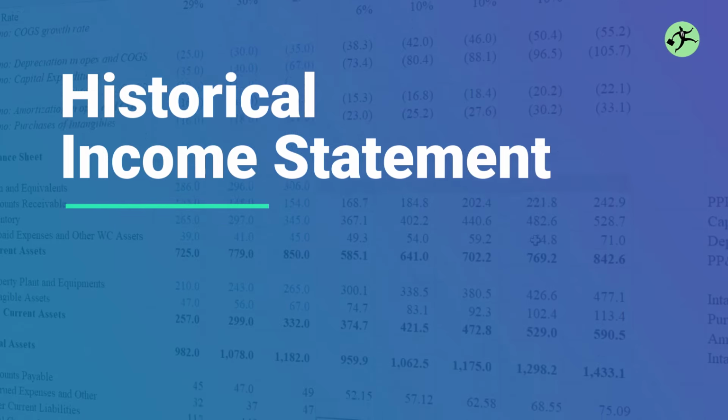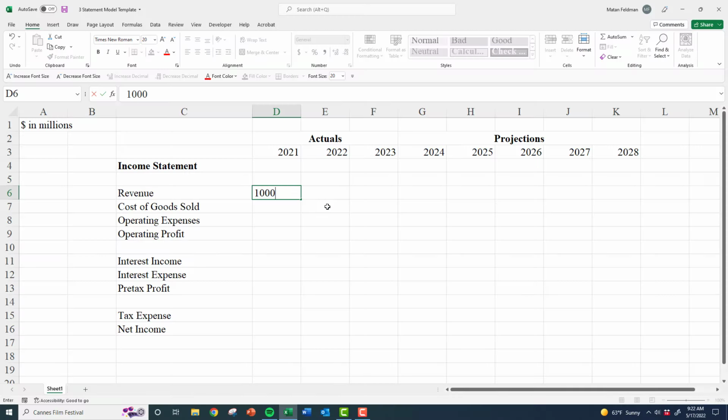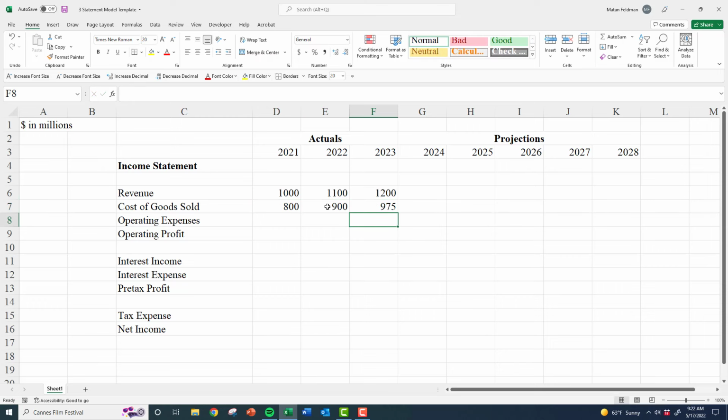We're going to just put in some dummy numbers in here. So let's say we have 100 in the first year, and then you have 1,100. Cost of goods sold, let's say, is 80. Again, this is a purely fictional company, and so I'm just kind of making up numbers here as I go. And maybe actually let's change this so that gross profits are actually a little bit higher. We don't want to have no profits for this hypothetical, just so we have enough to play with. And let's say operating expenses are going to be 150, 165,